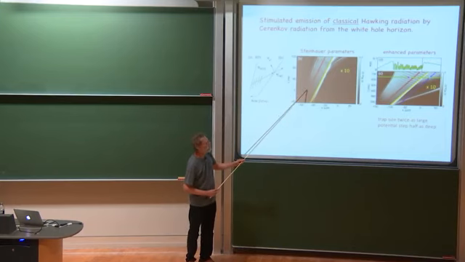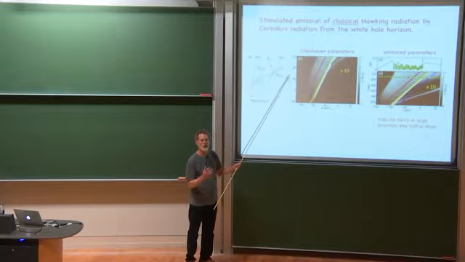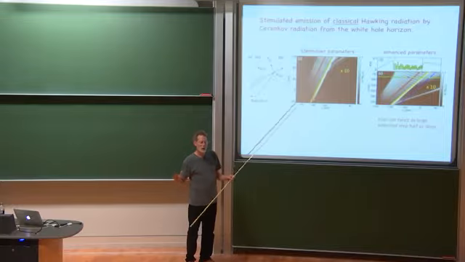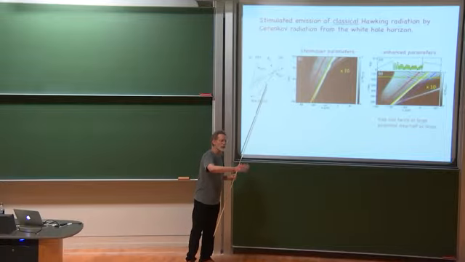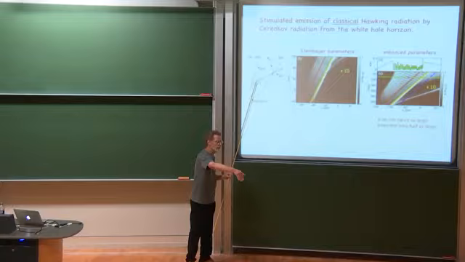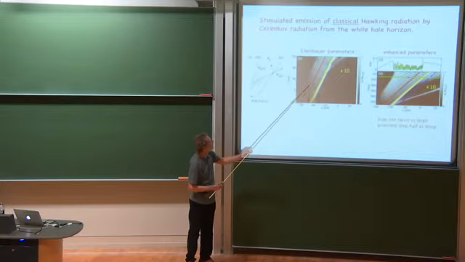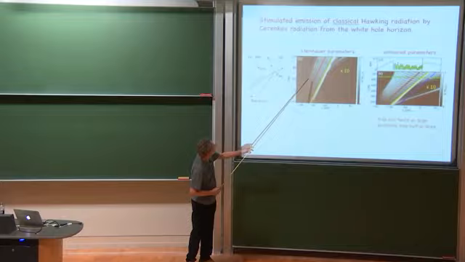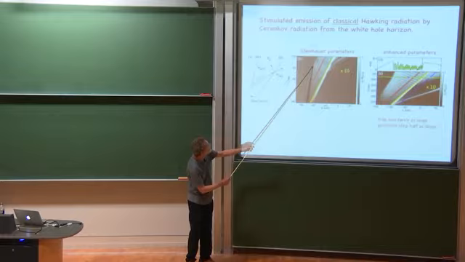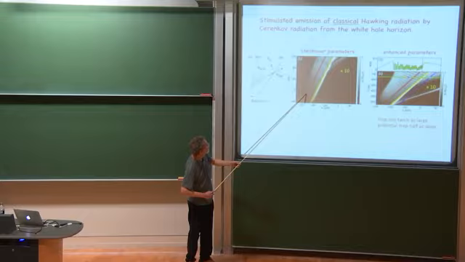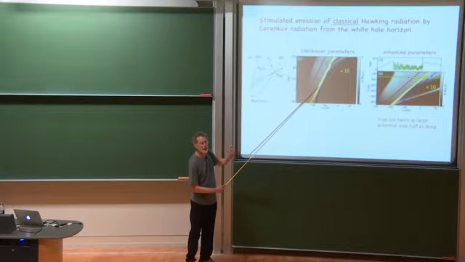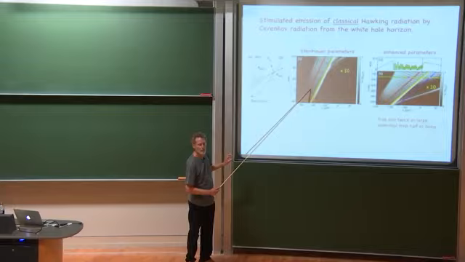At the white hole horizon, a standing wave pattern is formed, and it's basically a bow wave. Just like if a boat is moving through the water faster than the speed of water waves, there's a standing wave pattern in front of the boat. That's this standing wave pattern. You can see that the wave fronts are running parallel to this boundary of the low density region, and that's the white hole horizon location. So this is a standing wave at rest in the frame of the white hole.